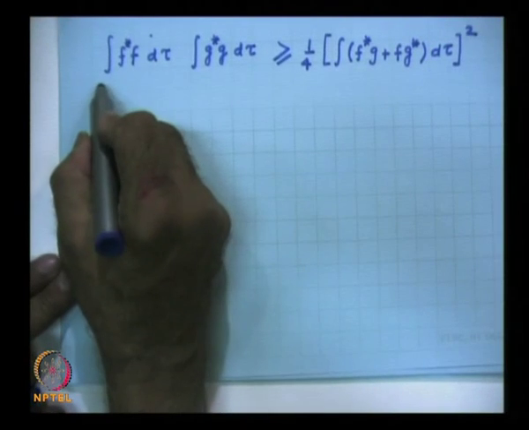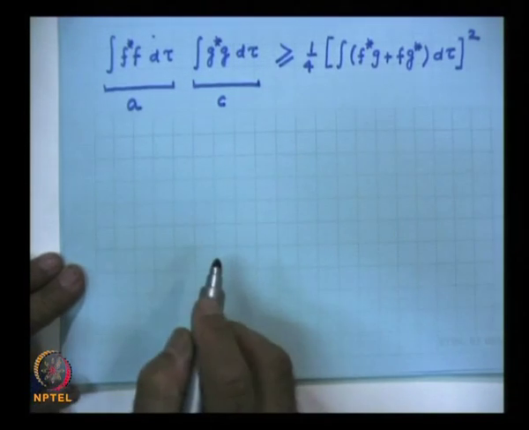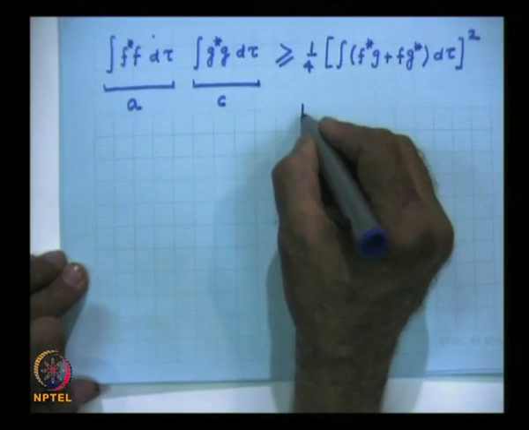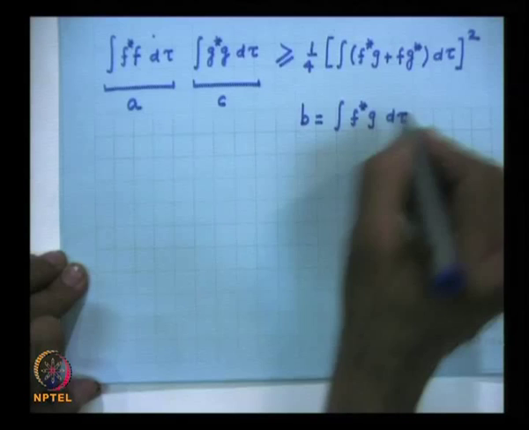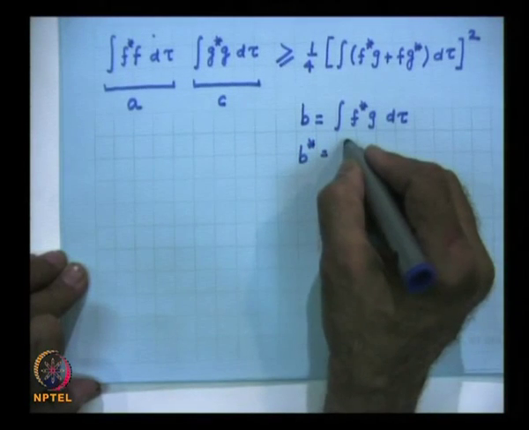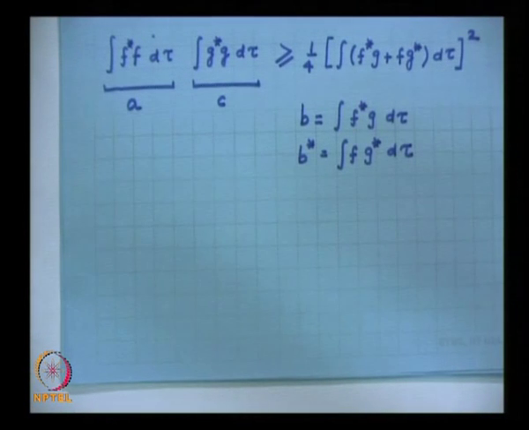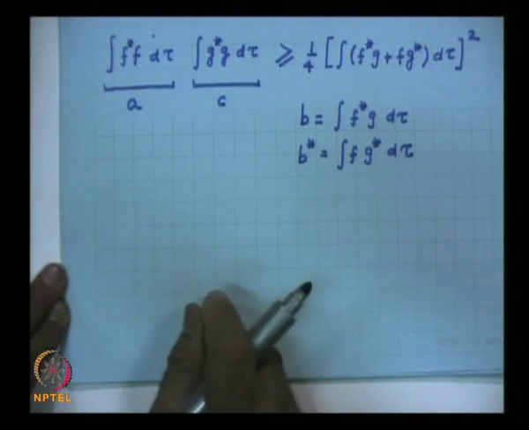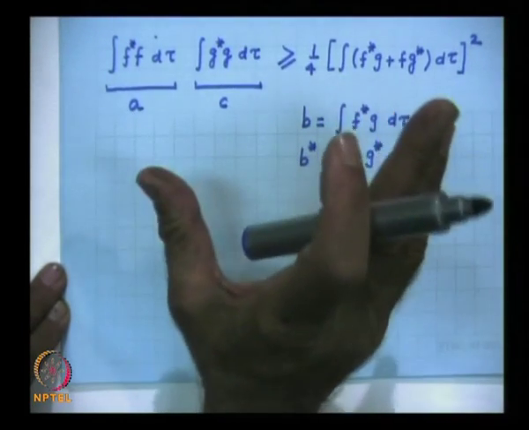Now, this quantity we denote by A, this quantity we denote by C, and we write down that B is equal to integral f star g d tau. Therefore, B star, the complex conjugate of this, is integral f g star d tau. All these integrals are over the entire space, and they are all 3-dimensional integrals. Now, in order to prove this inequality, where f, g are all arbitrary functions, arbitrary means single valued and integrable functions,